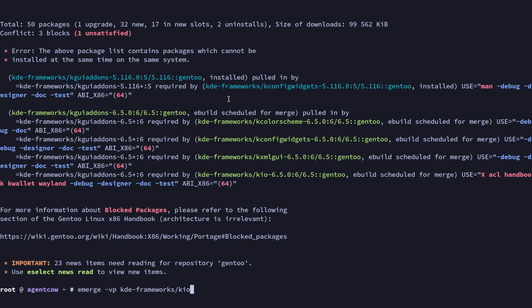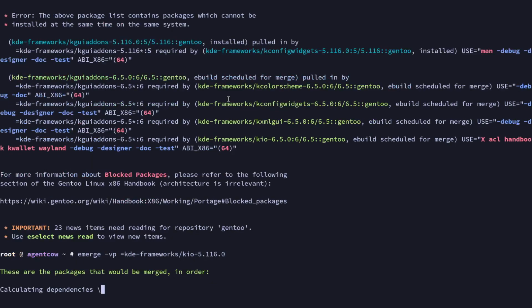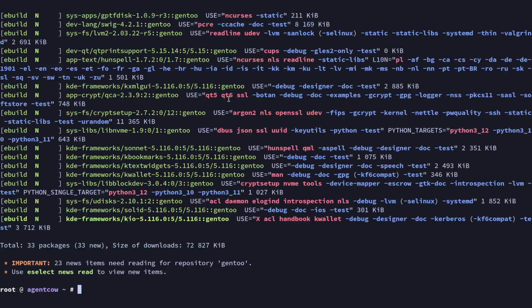So let's look for the specific atom then, because I've already unmasked a higher version of Kyo, so this should show us. And what do we see here? We do have this use flag, but it's in parentheses. And well, this is the time when I learned